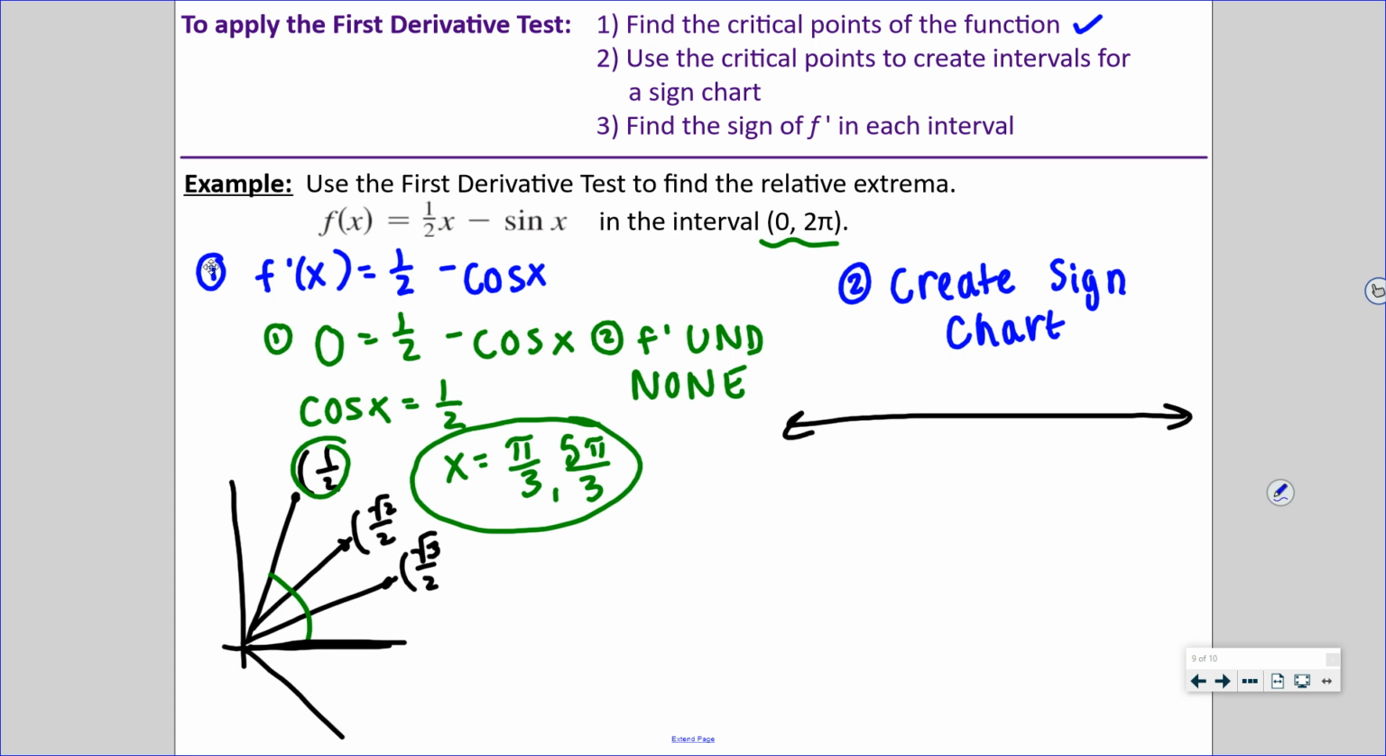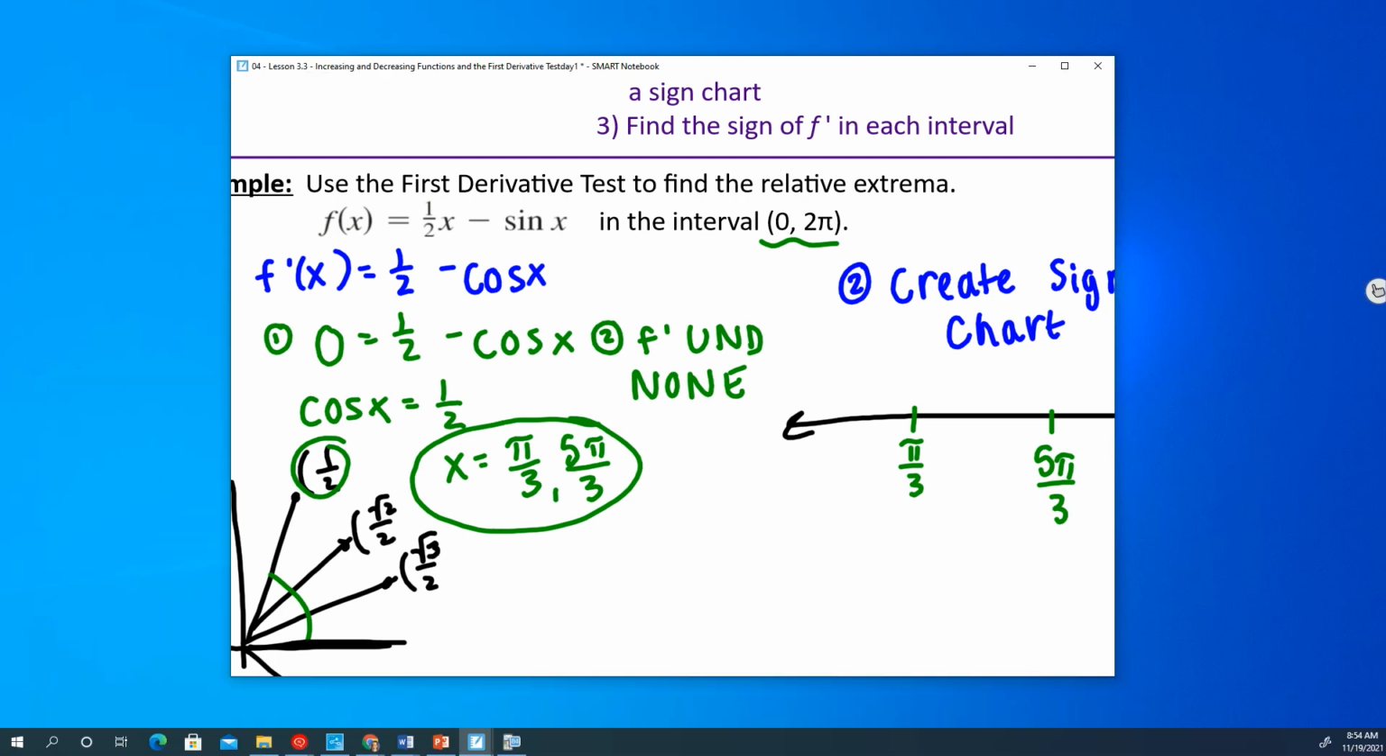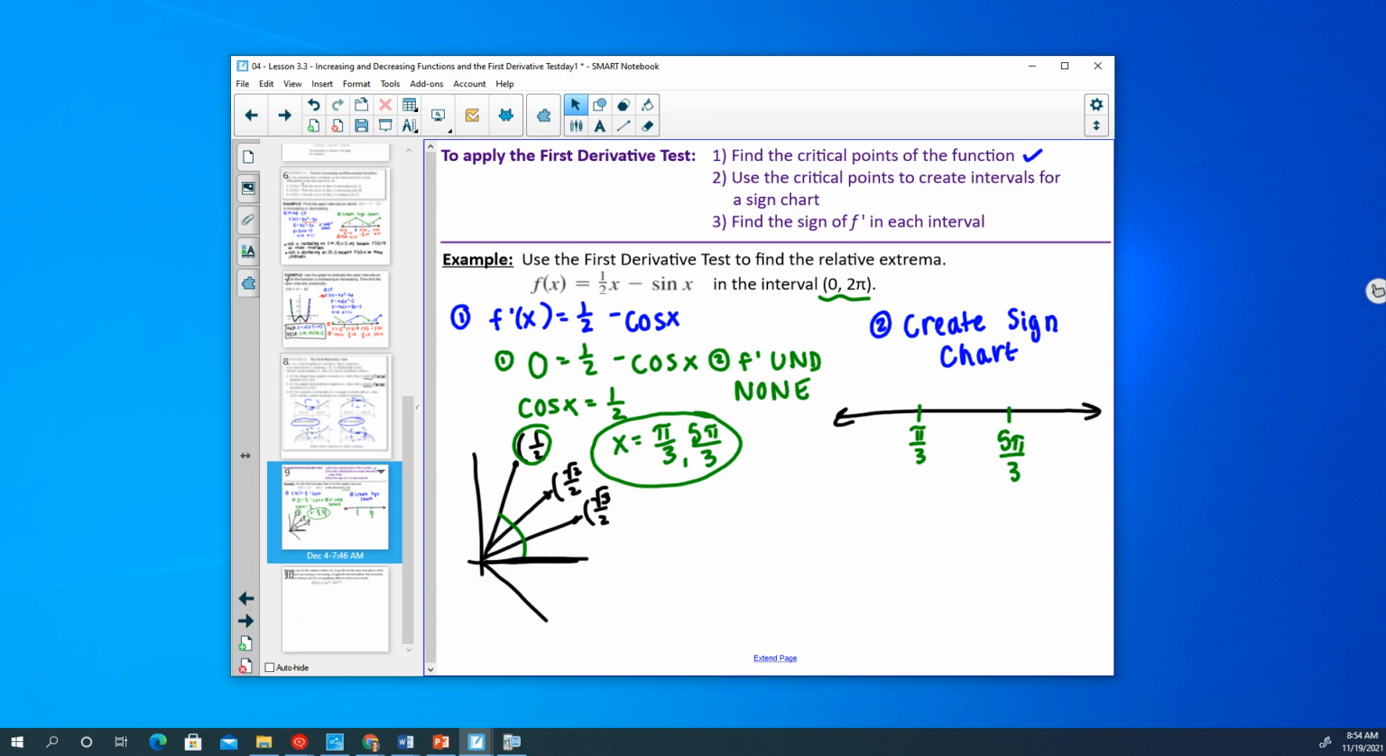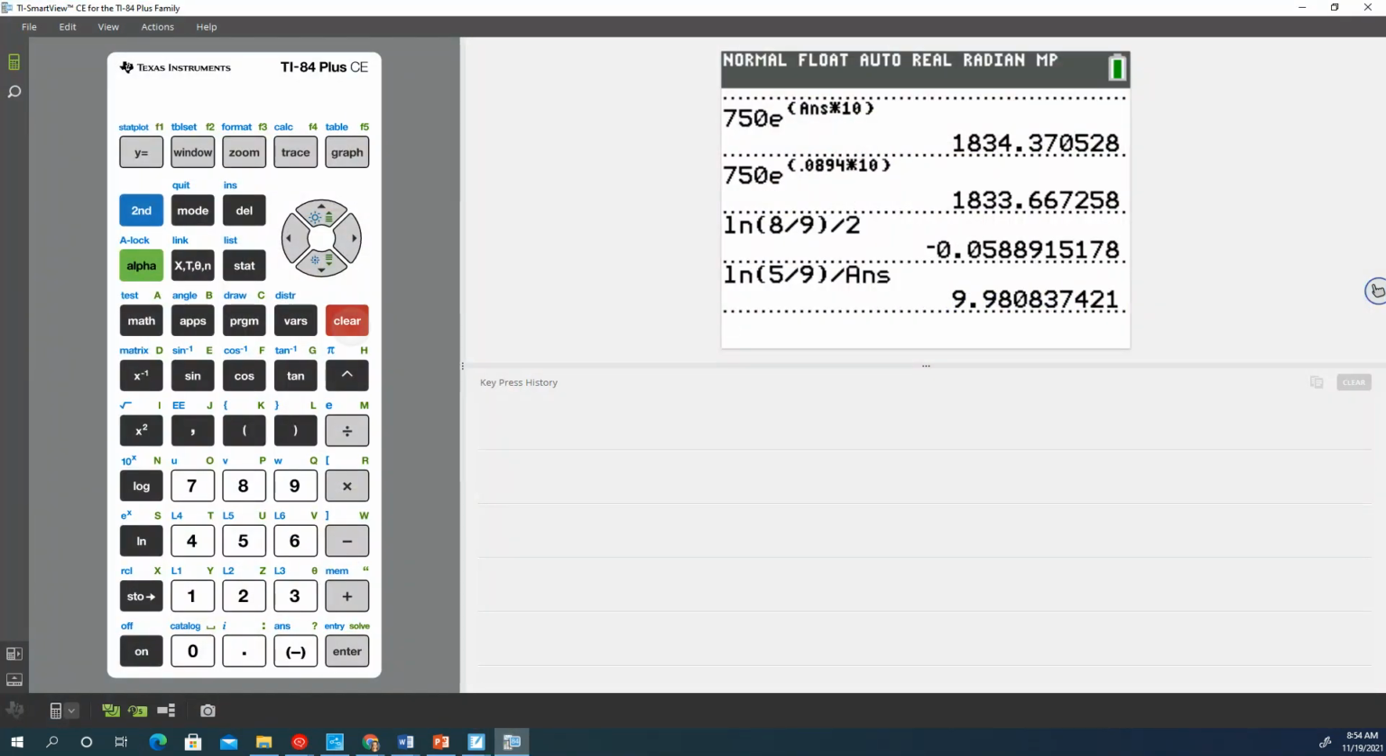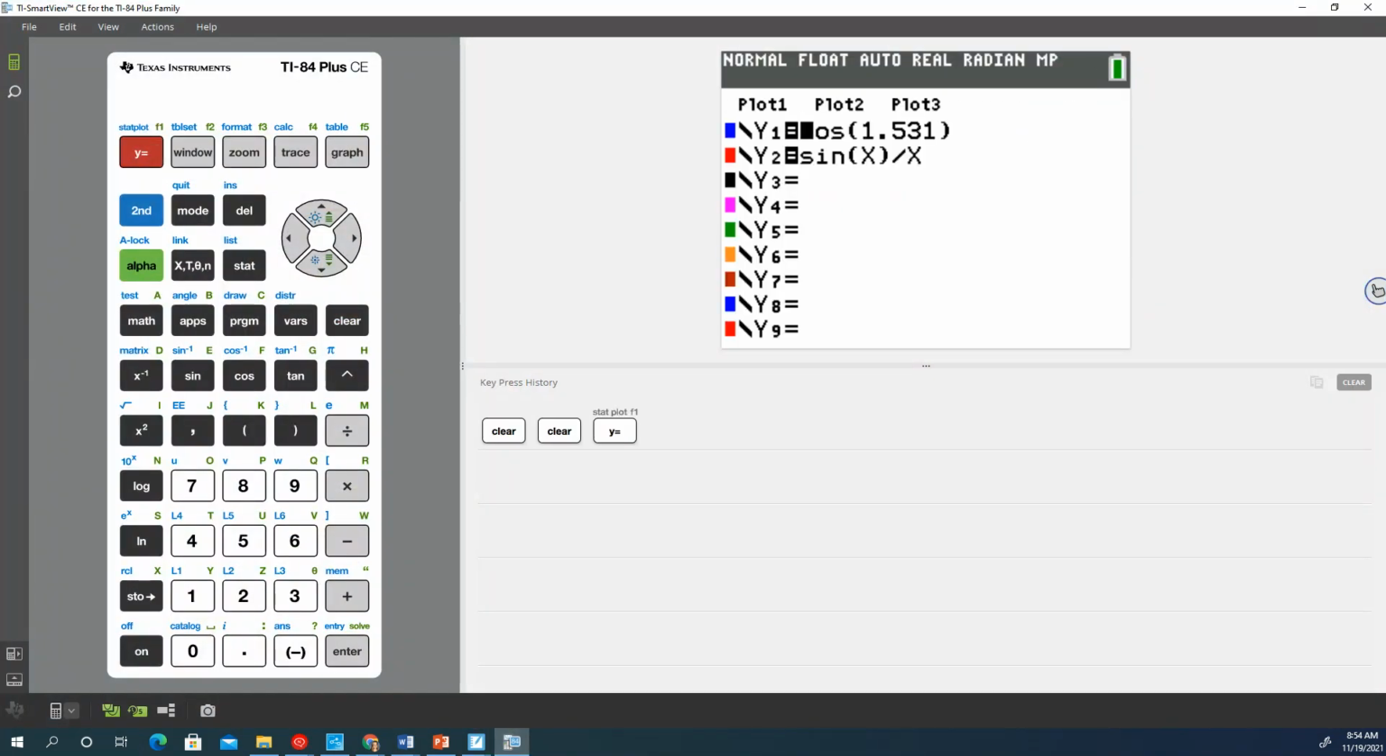Thanks. Okay. So we have pi over 3. And we have 5 pi over 3. Okay, let me show you guys something I like to do to save myself time. Now, obviously, if we don't have our calculators with us, we have to know how to do this in our head. But if you do have your calculators, sometimes I just like to type my derivative into my calculator. So my derivative is 1/2